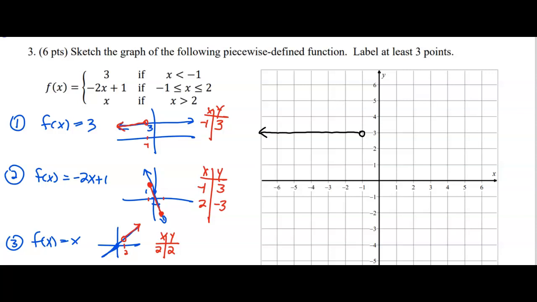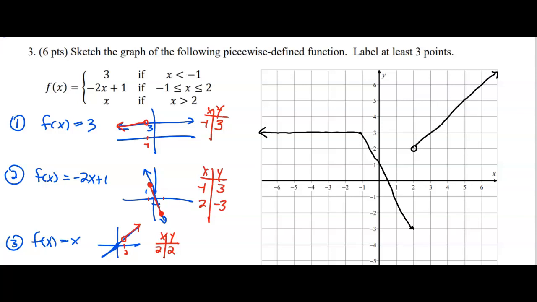Interesting here, you don't have a hollow and solid dot. That doesn't make any sense. Instead, it just connects, so we wouldn't do any solid dot or hollow dot. It's just a line that connects. It goes down to 2, negative 3, solid dot. Oh, I tried to do that. It wiggled a bit. Let's see if I can do a little better job. That's pretty good. Okay, and then our right section is 2, 2, hollow dot, slope 1,